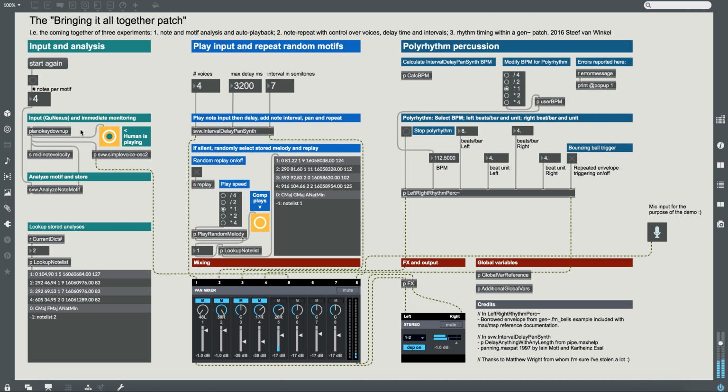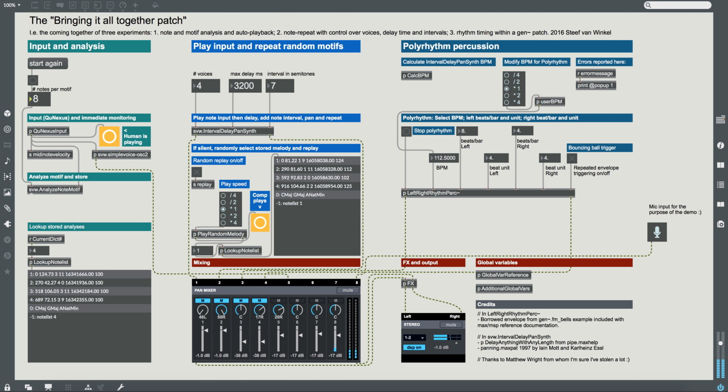as you can hear, with your keyboard. So anyway, of course you don't have any velocity then, and that's why I changed it to Q-Nexus, because I wanted a little bit more musical expressiveness in here. Okay, so that concludes the left-hand side, other than to say that here you can decide how